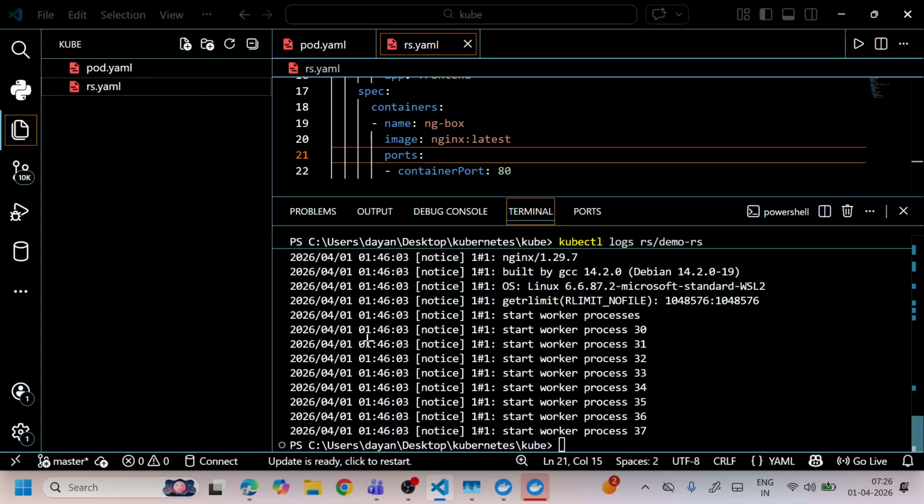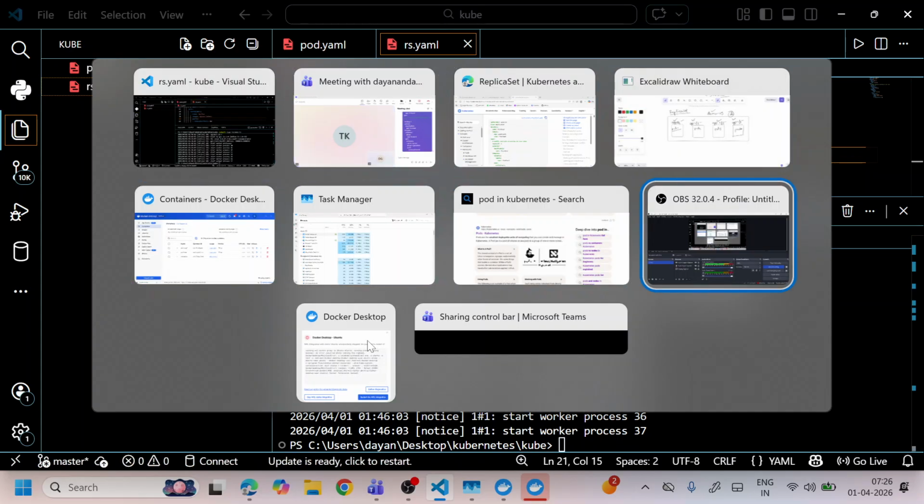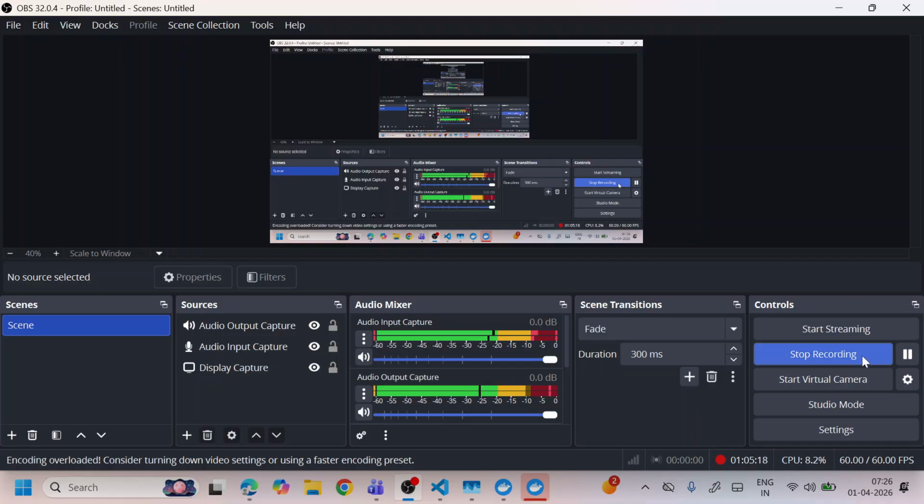So let's stop the session here for today. For Kubernetes, how many sessions do you think we can